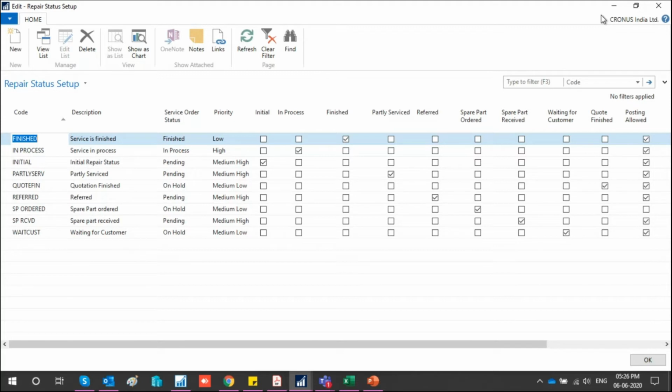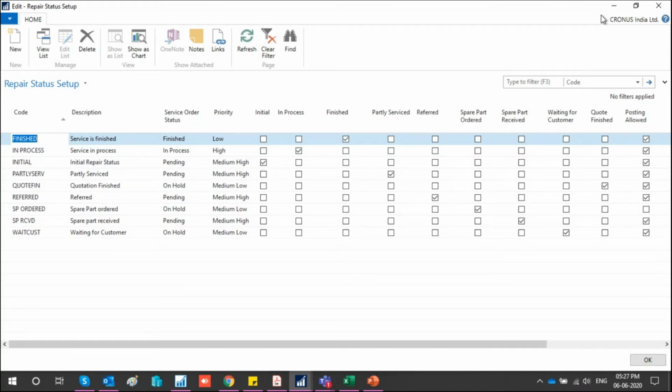Now let's say against a particular service order, I have 10 items under servicing, and each item is assigned to a different person for repair. Now each item, one item is done, second item is pending, so if in the line-wise you have to update the details, that is called repair status setup.